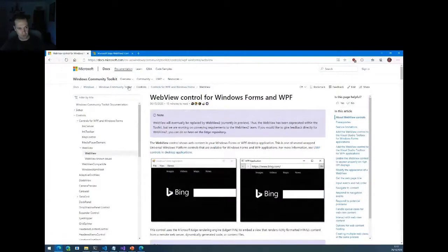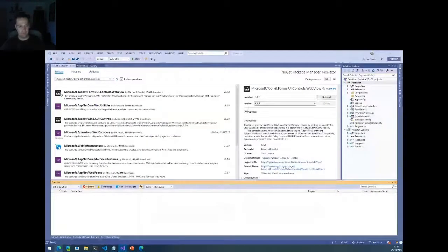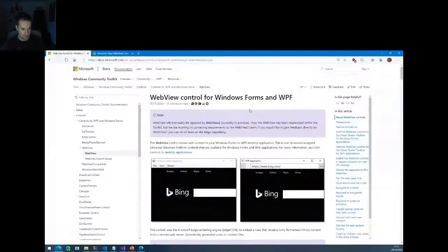let me show you the documentation for the Windows Community Toolkit. So the Windows Community Toolkit actually started as the UWP Community Toolkit. And it has since then evolved to include controls for WinForms and WPF, as you can see here. And it includes a WebView control.